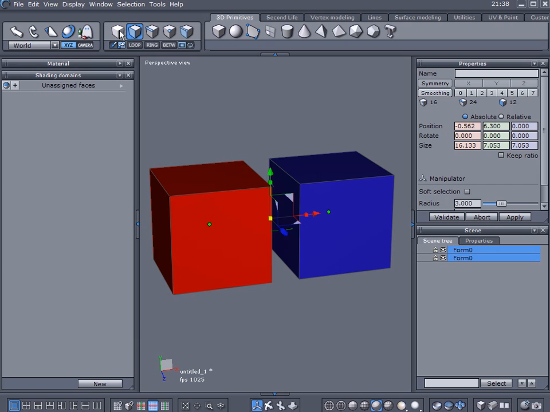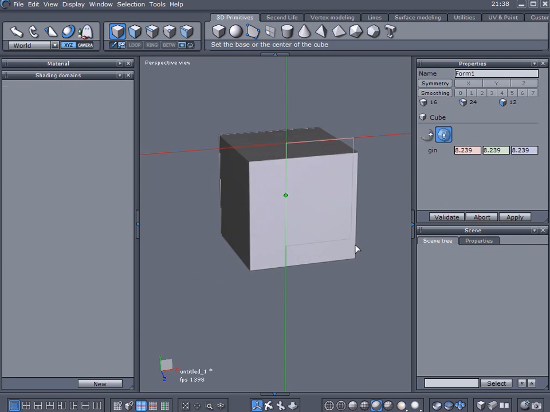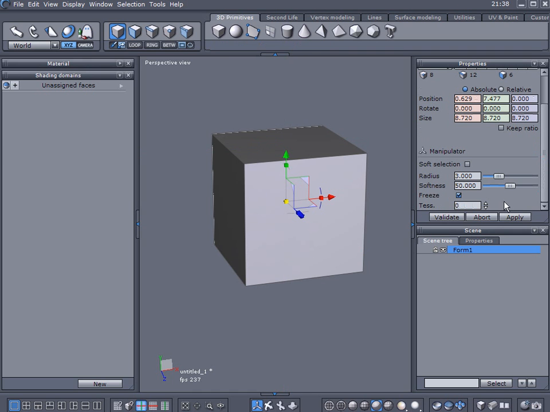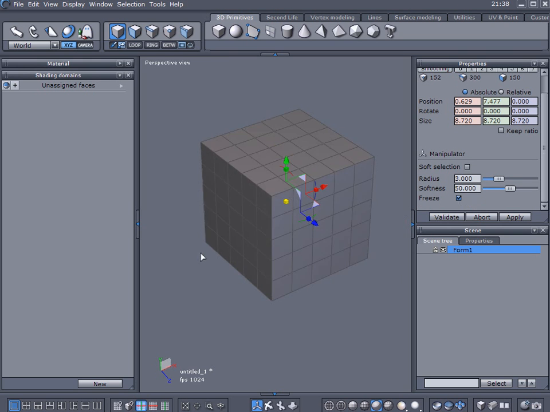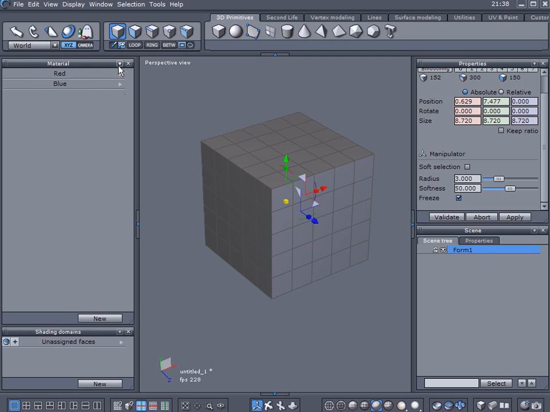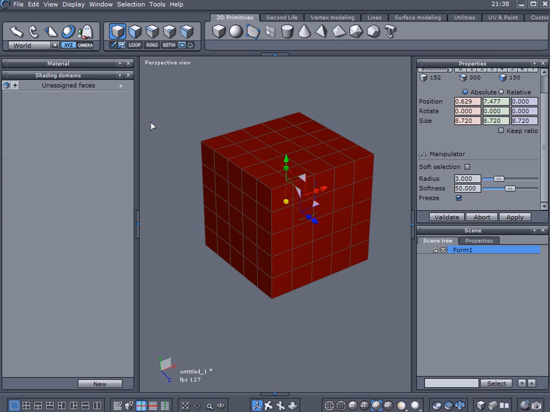I'm going to delete these objects and create a new cube. I'm going to add a level of tessellation of 4 to this. So now I've got a cube with a whole bunch of faces on it. I'm going to give it my red color. Now right now,